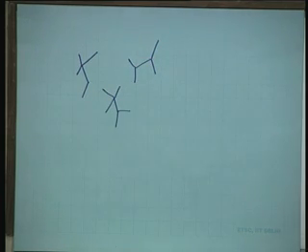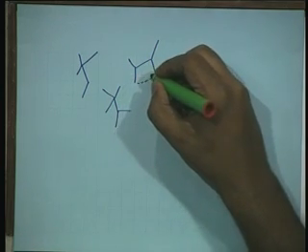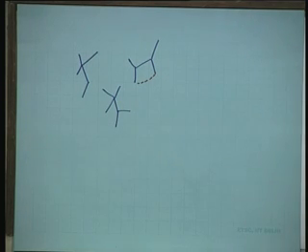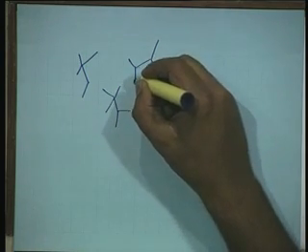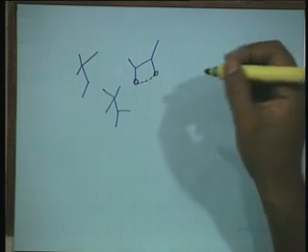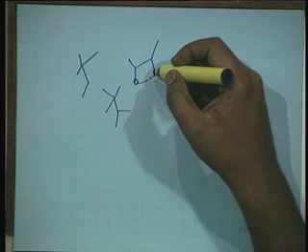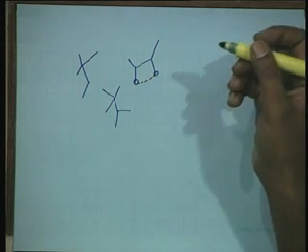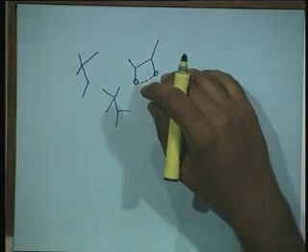Now, when I am trying to add a new edge, I have to check if it forms a cycle or not. Suppose this is the new edge being added, this forms a cycle, and one way of detecting whether a certain edge would form a cycle or not is to check if its two endpoints lie in the same tree of this forest. The tree is the same as the connected component, and so it suffices to check whether the two endpoints of an edge lie in the same connected component. This is where we were at in the last class, and so we have to somehow maintain our collection of connected components.